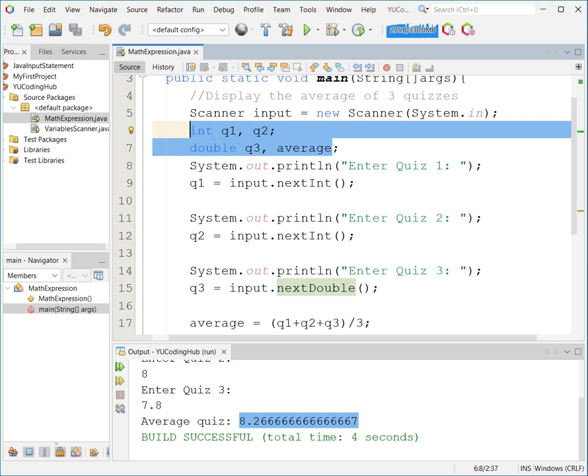Okay, so all right, that's it for this session. So we explored what is an expression in Java. I discussed the 5 arithmetic operators, how integer versus floating point division works, how to combine operators in a bigger expression, and we have one example that gets the average marks of your quiz.